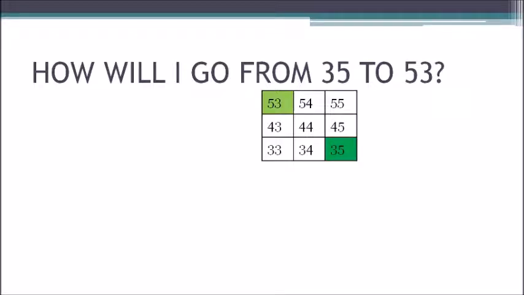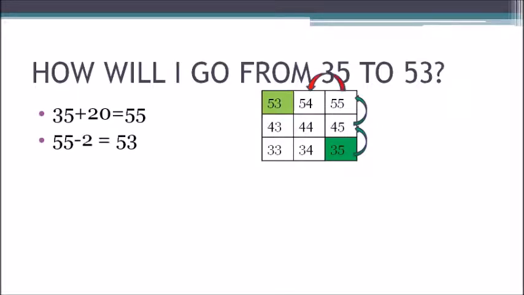Then we can take 2 steps up and go close to 53, that is 55. And we know when you are taking 2 steps up, it means 2 tens addition. 2 tens addition means you can add 35 plus 20 is equal to 55. So then what do we have to do to reach 53? We have to take 2 steps towards the left to reach 53.